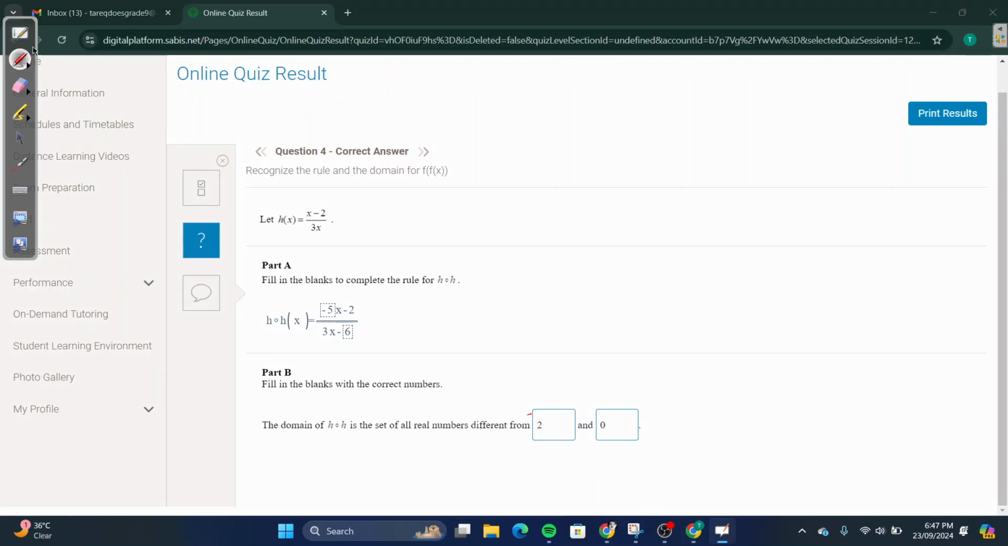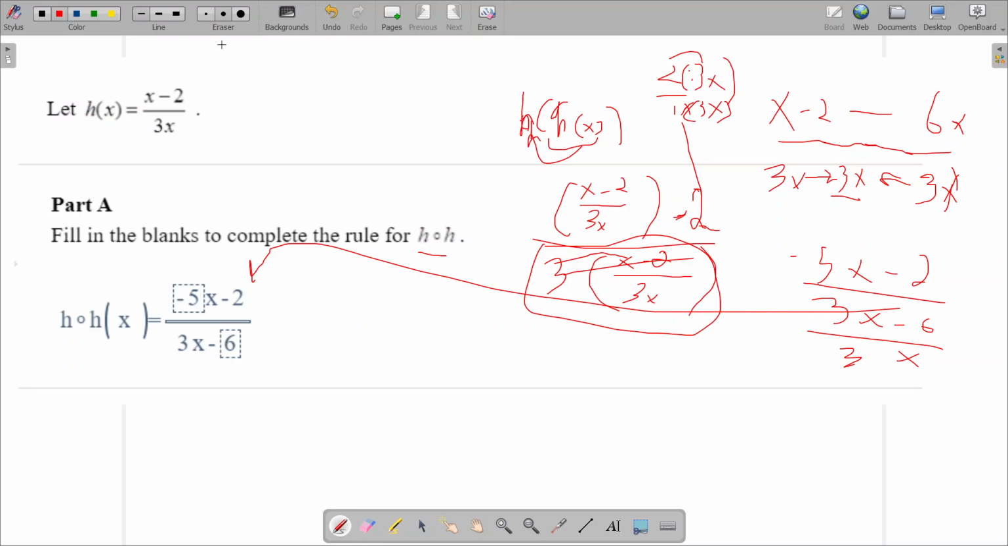I forgot to... I'm making a lot of mistakes. I forgot here to put the 3x. Let me fix this. Because here, if you notice again, we have the 3x. I just ignored that completely. And x minus 2 minus 6x gave us negative 5x minus 2 over